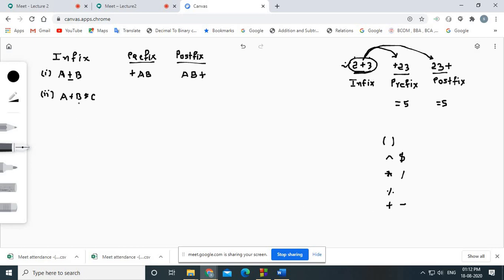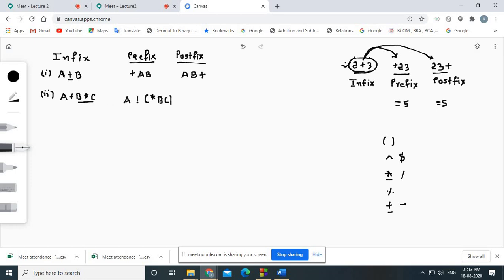So here, because two operators are there, one is plus, second is multiplication, and I know that the priority of multiplication is higher than the priority of the plus operator, I just need to convert this into the prefix first. So suppose b into c, if you are converting it into the prefix, you have something like this: into, because this is a prefix, so I need to write the operator first and then I need to write bc. So I have converted this bc into the prefix, right? The rest of the expression I am writing in the same way.